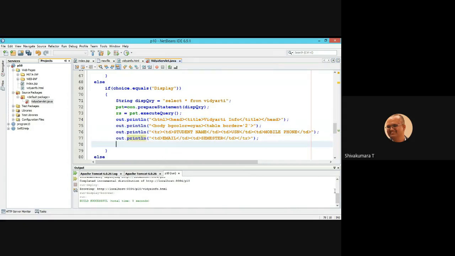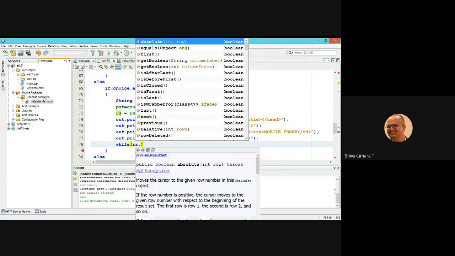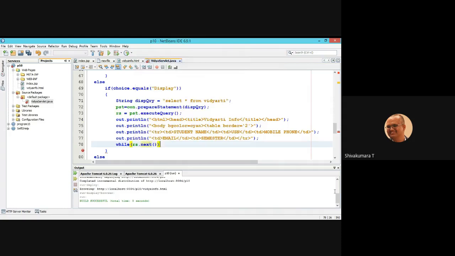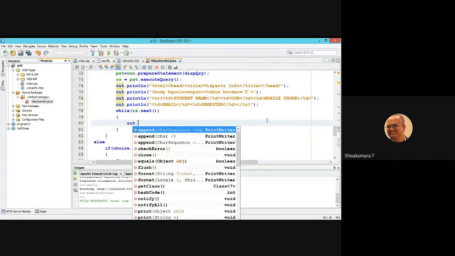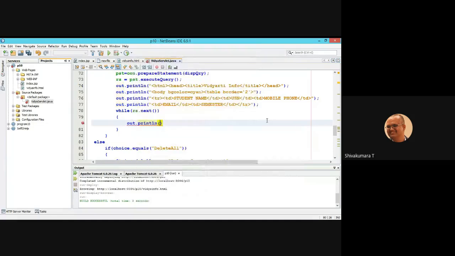Now looping is used here to fetch each record present in the query, which is select star from Vidyarthi. Now record set dot next, if it has a value, it is going to be displayed. That is out dot println, row by row it is going to display.